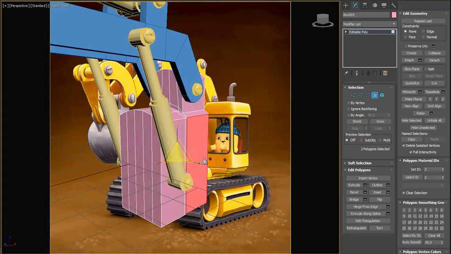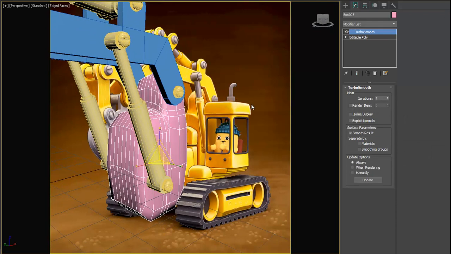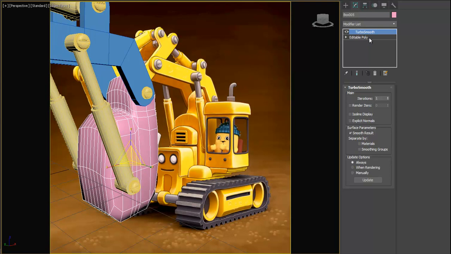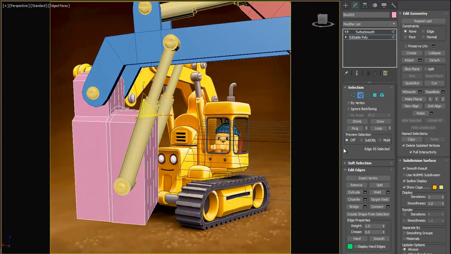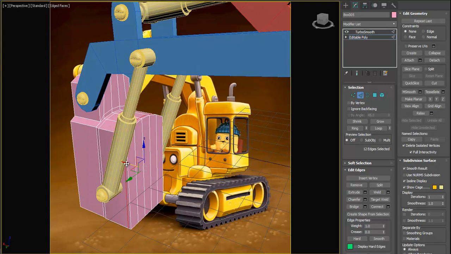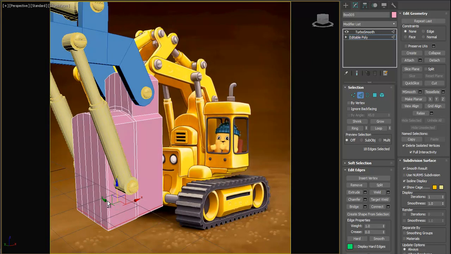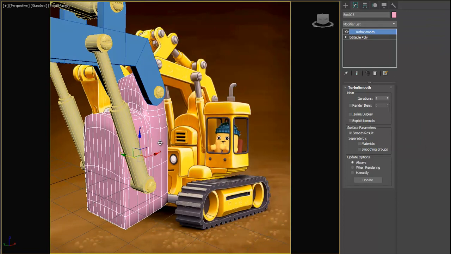Okay, now let's add turbo smooth modifier to see how it looks. Okay, looks terrible. So we add extra edge closer to the front. Let's make it ring and add connect. Let's do it a little bit more, and let's add extra edge to the bottom. Let's change the position of this edge by hand. Okay, now let's see. Okay, now it doesn't look really terrible,